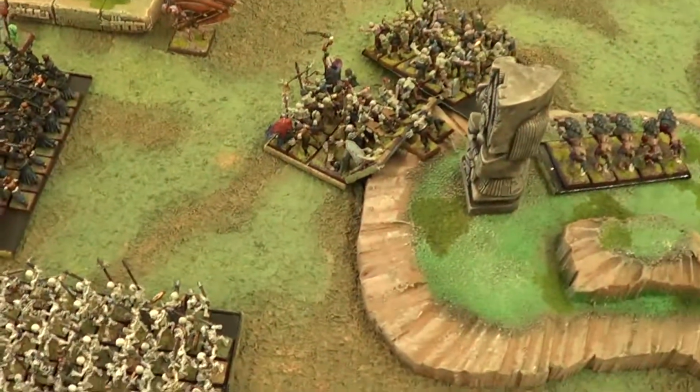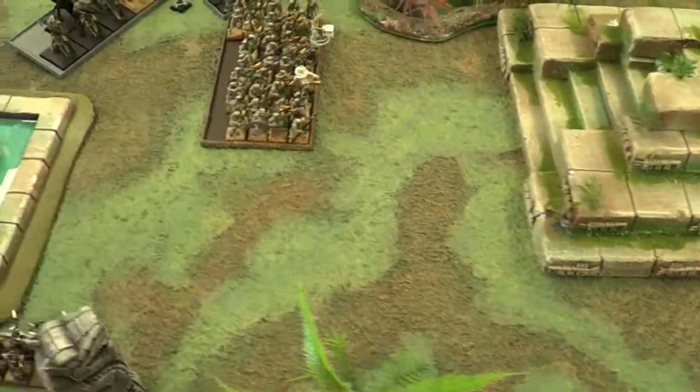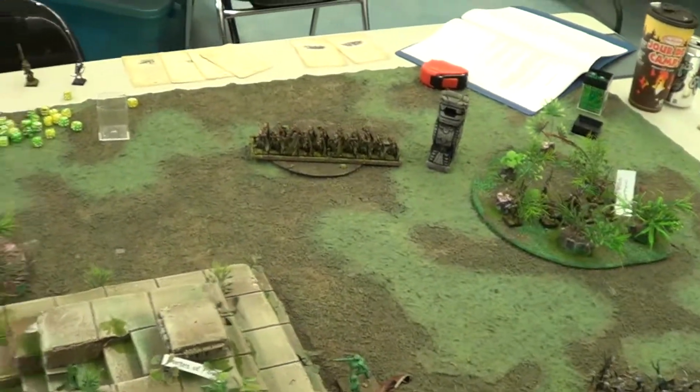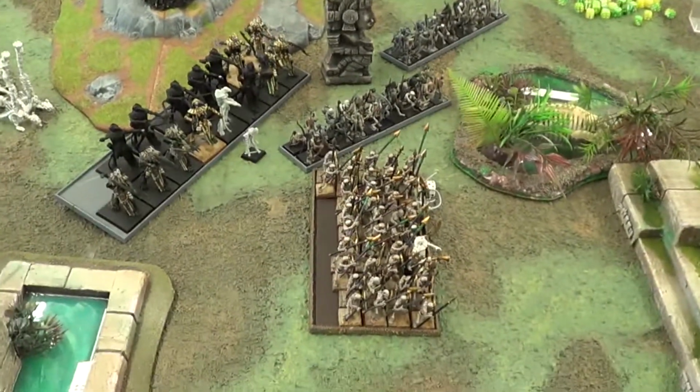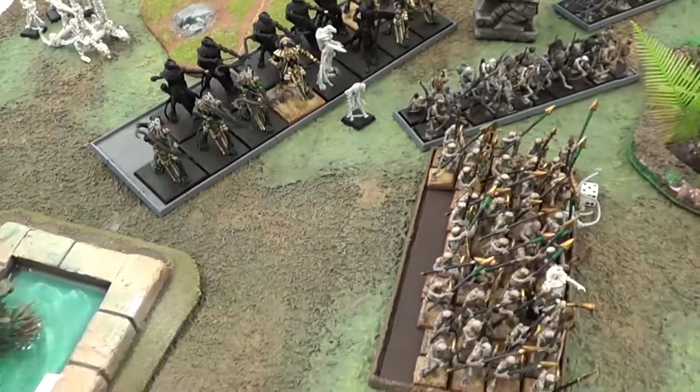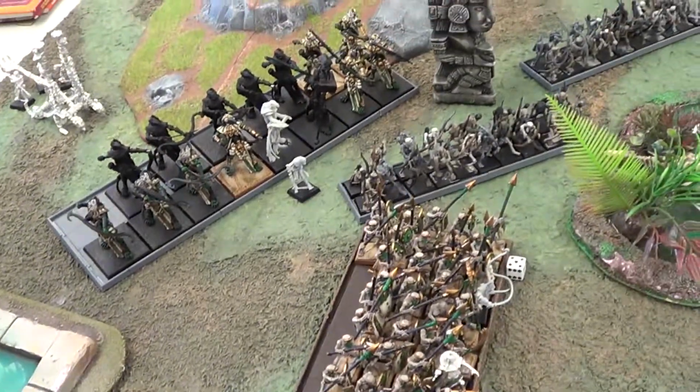Alright, so we're up to game 3 now, playing against Sean. In this scenario, it's kind of weird, but the table's divided up into quarters, and whoever controls each of the monoliths gets points. He's playing Tomb Kings with a Wood Elf